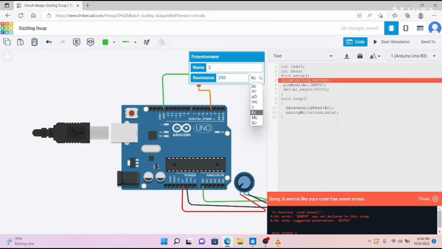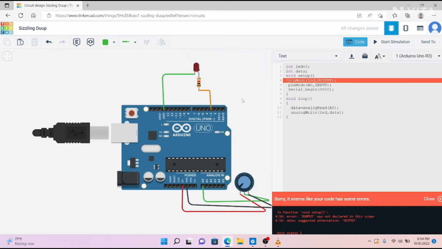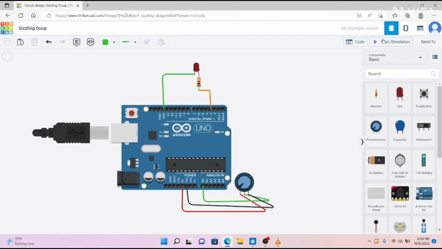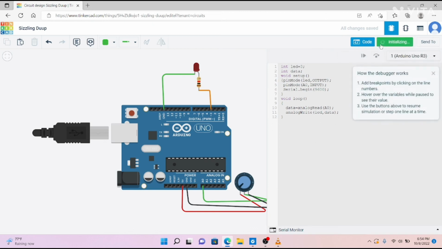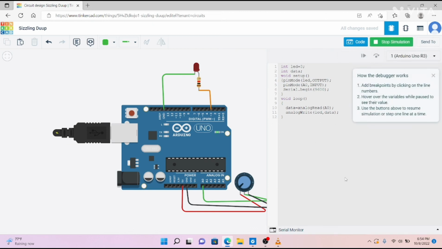Not a mistake here. Resistor value will be just in ohm, and we will execute it. You can see the LED is glowing,